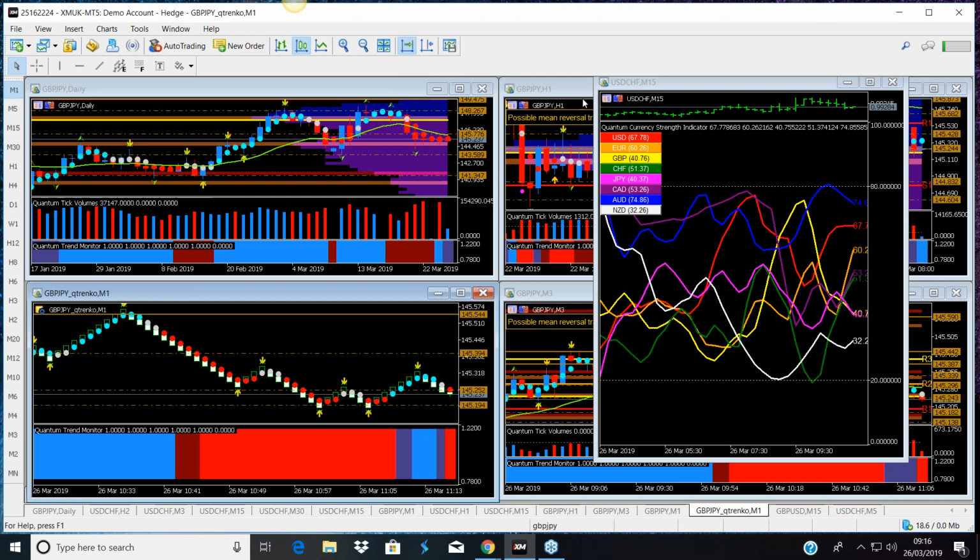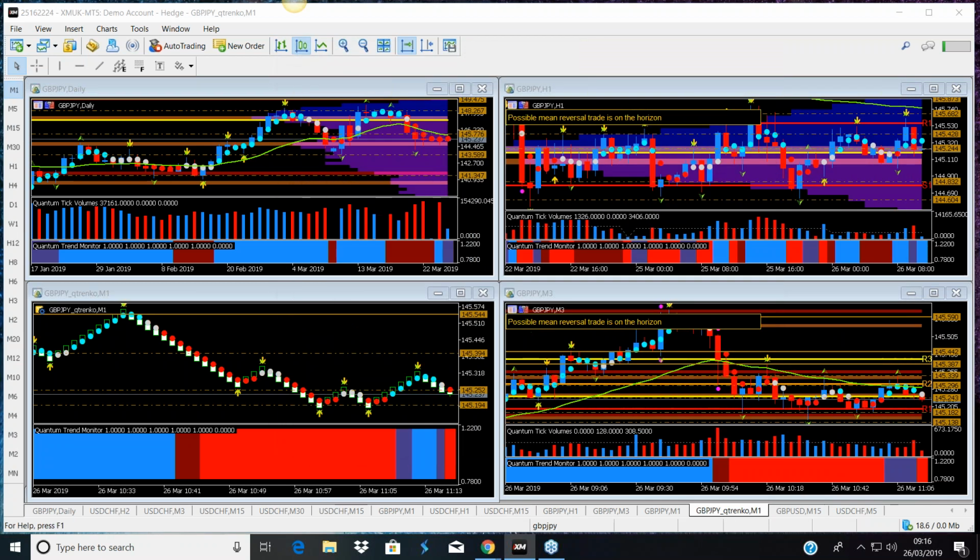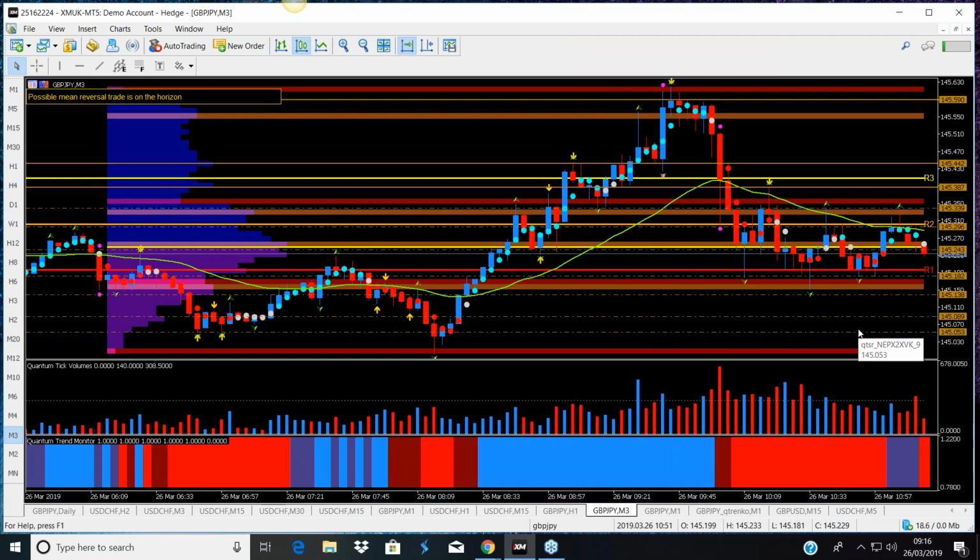Just one comment to add to what Anna was saying about the pound yen. I think it was on the 3-minute time frame from memory. If you've still got it there, the one at the bottom, that's the one. Again, the importance of support and resistance. This is support and resistance on MT5, same on MT4. What you see there are the two strengths of support and resistance. The dashed lines indicate regions that have been tested, either from a support perspective or a resistance perspective. Areas which are stronger are then denoted with the solid lines.